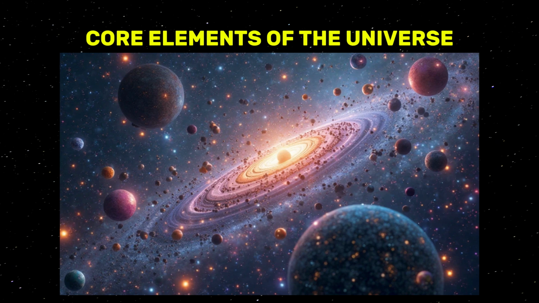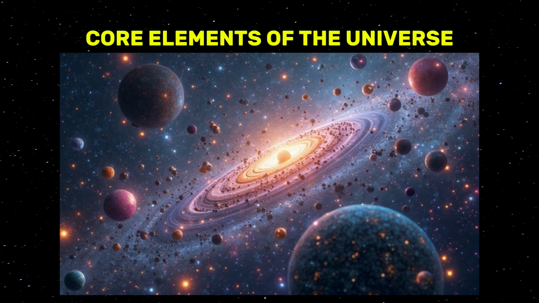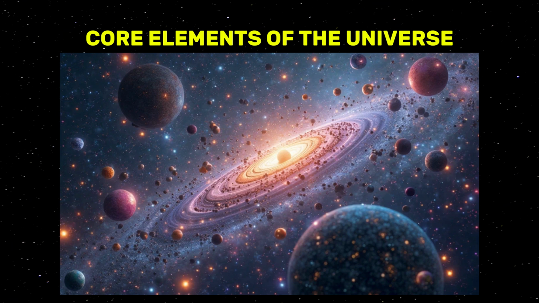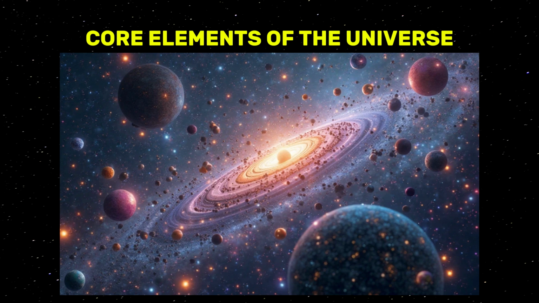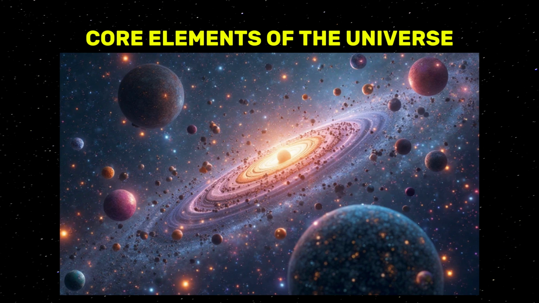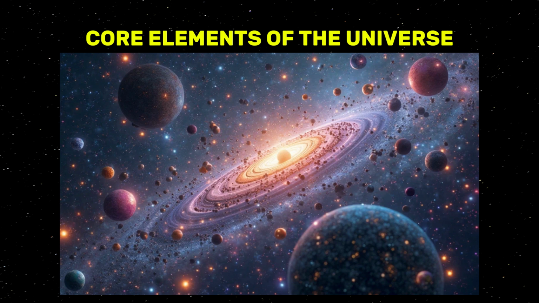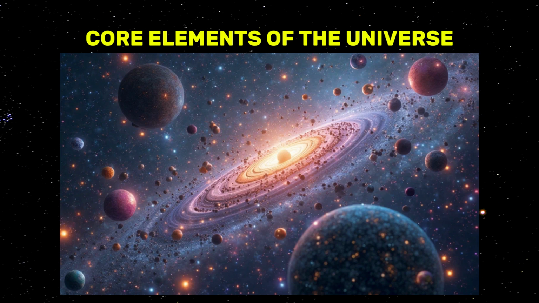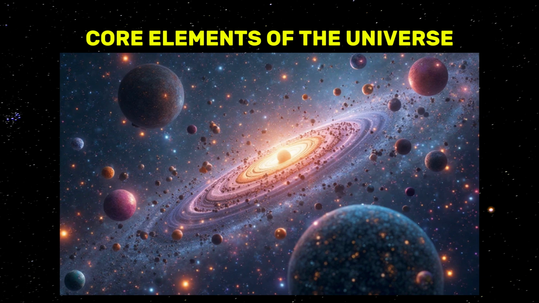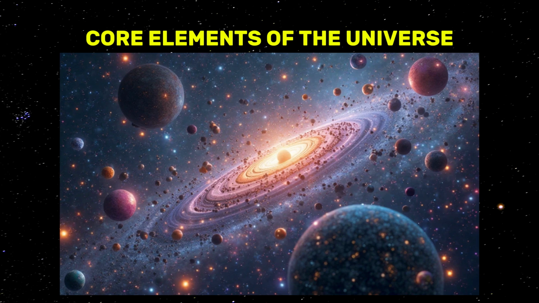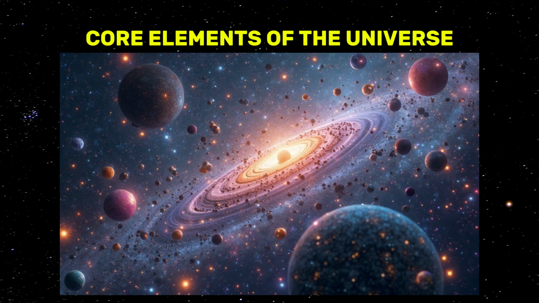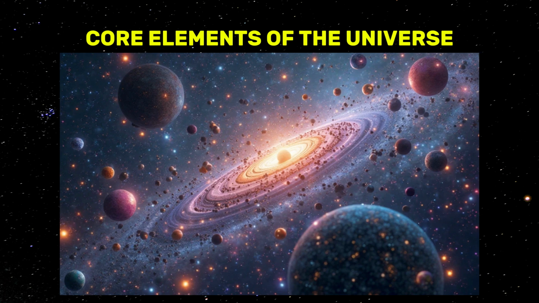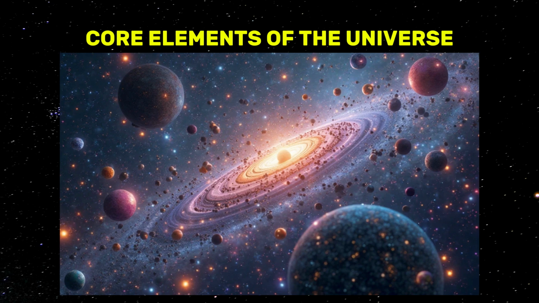The Standard Model groups these basic particles into two primary categories: fermions and bosons. Fermions are the matter makers, while bosons are responsible for the forces acting between particles. Let's explore these classifications further. Fermions obey what is called the Pauli exclusion principle, which dictates that no two identical fermions can exist in the same quantum state at the same time. These include quarks and leptons, the building blocks of all physical matter.